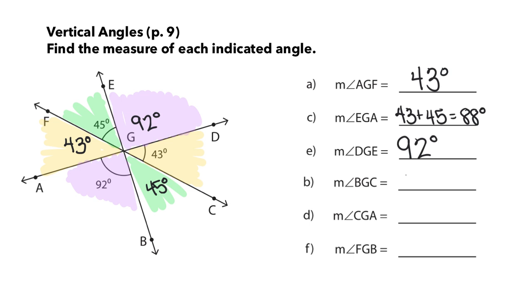Yes. All right. What about CGA? CGA, did you? 92 plus 45, and that is? 137. 137. And FGB, just to check our work, is 43 and 92, which is going to get us